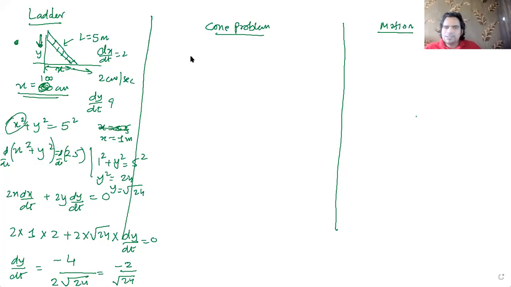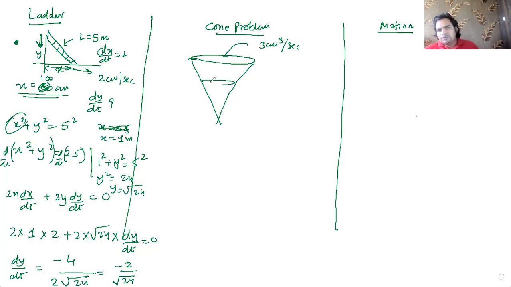So now consider the second problem, which is about a cone which is inverted, and water is being filled in this cone at 3 centimeter cubed per second. And as a result of the water being filled, the water level keeps rising. So at an instance, let's say when the radius of this water cone is r and the height is h, you have to find out